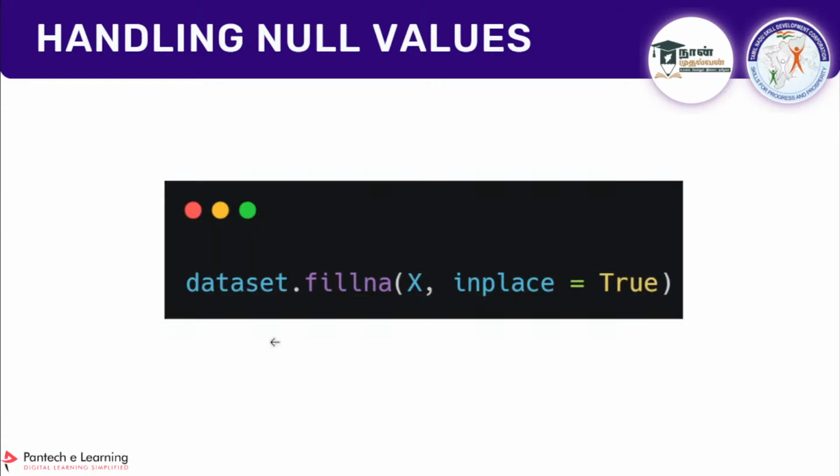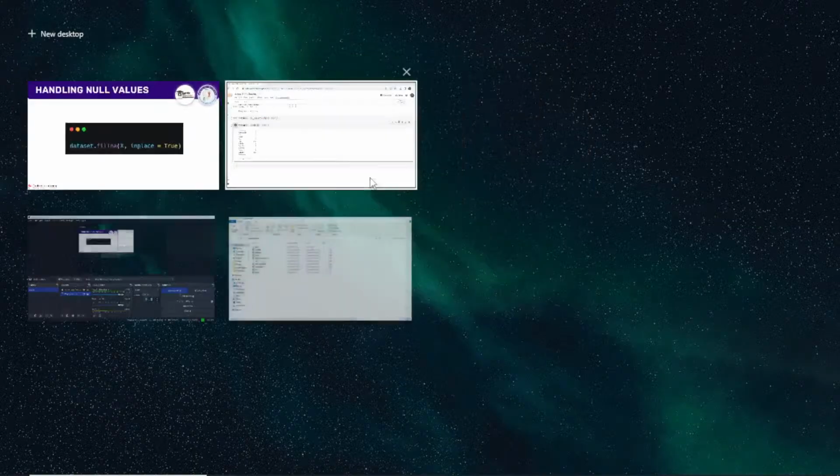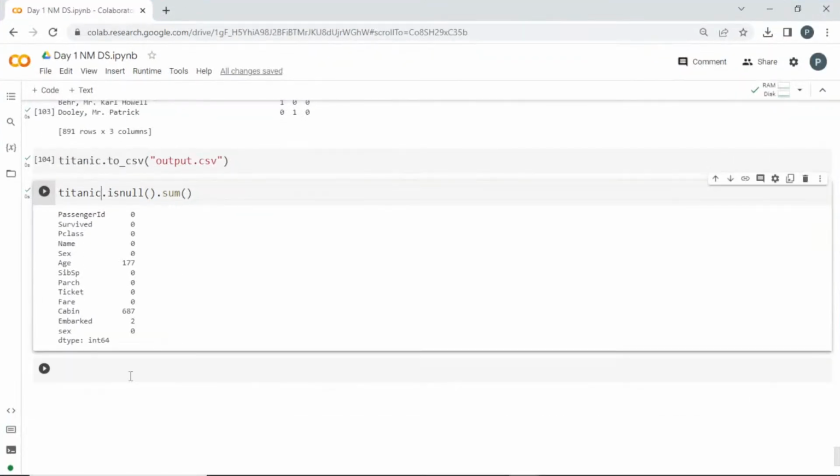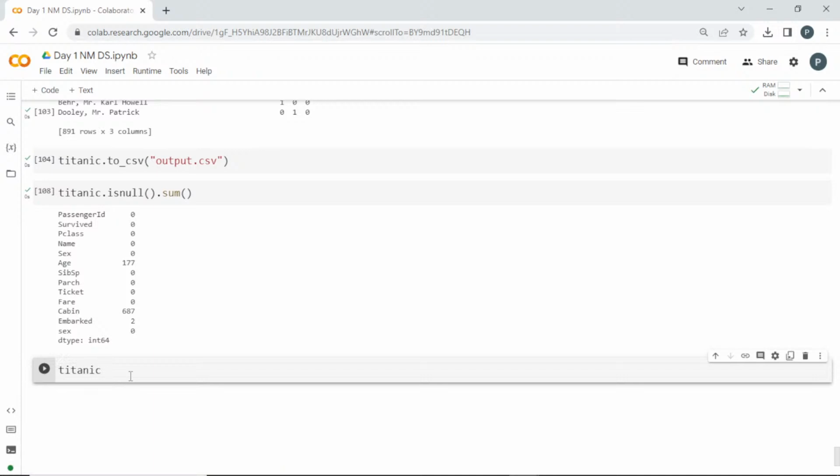So how to fill the null value? If you want to fill that, you can go with .fillna, and the value which you are passing will be stored in that null value place. And if you want to change it entirely, you can go with inplace equal to True. See here, Titanic .fillna